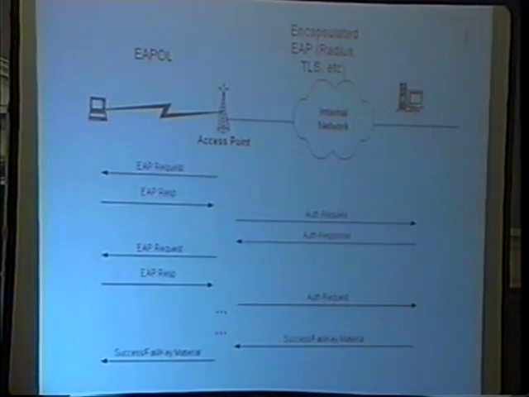The supplicant then sends back some credentials. And then depending on the method that you're using, which I'll get into in a minute, there are various back and forth challenge responses going between the client and the authentication server so people can verify who they are. Once the authentication server is sufficiently happy with what's been passed around, it punts it back to the access point and says, hey, this guy's been successful, or hey, he's failed, don't let him on. And maybe, hey, here's a web key to give to him. You know, this is the ultimate dream. Here's a bunch of arbitrary data to go load up in your client to make things better. Wow, this thing resonates very well.